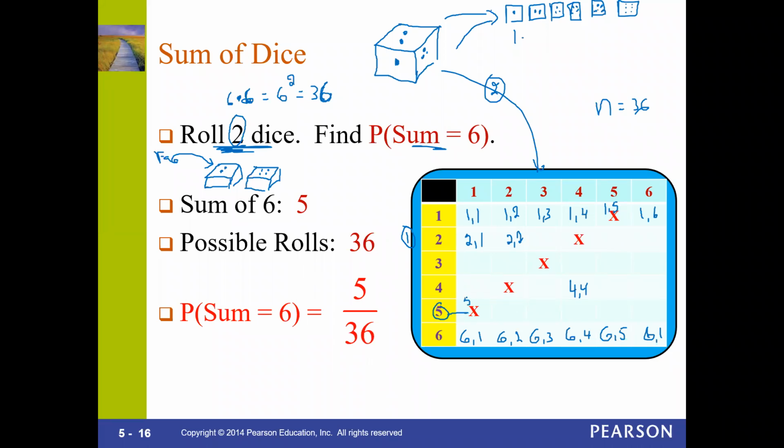You got 5 and 1 right here. You got 4 and 2. You got 3 and 3. You got 2 and 4. And then 1 and 5. That's it. These five options are the only ones where the sum of the 2 dice, the face value, the face that stays up, gives you 6. We're talking about the top face whenever you roll them. Okay. Now let's keep working. I see that nobody has any questions.